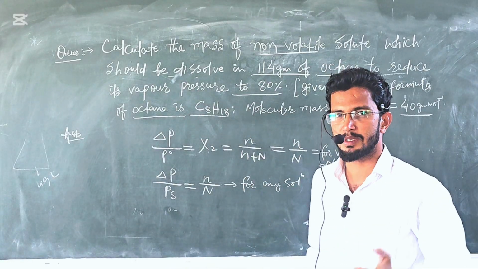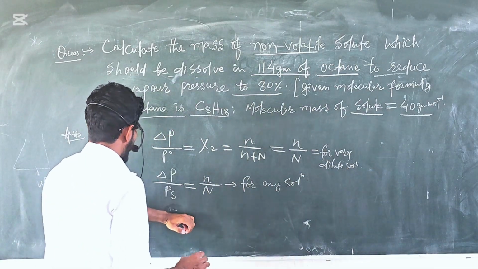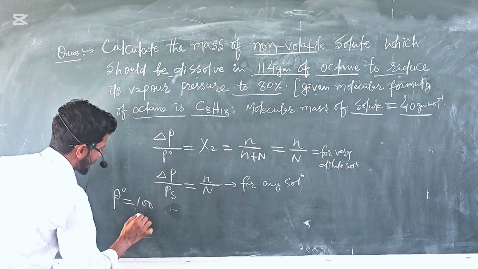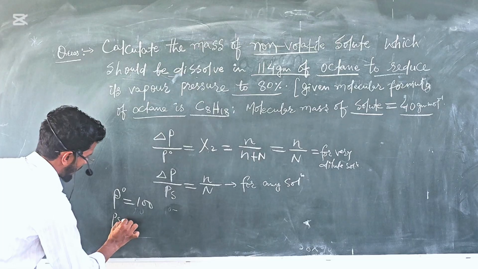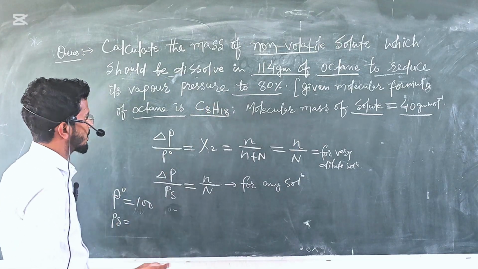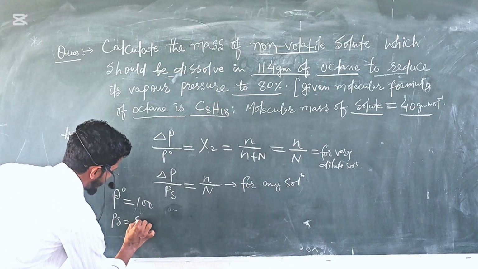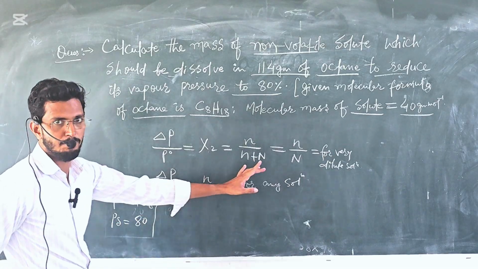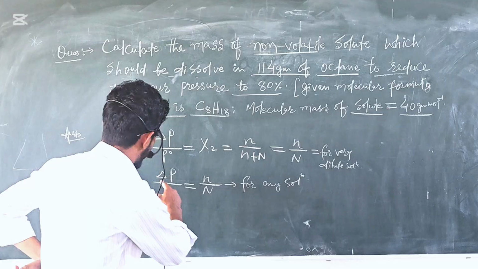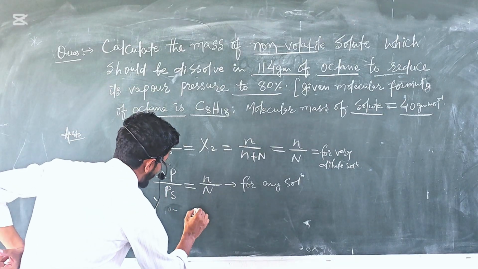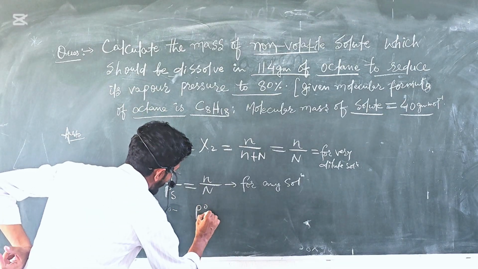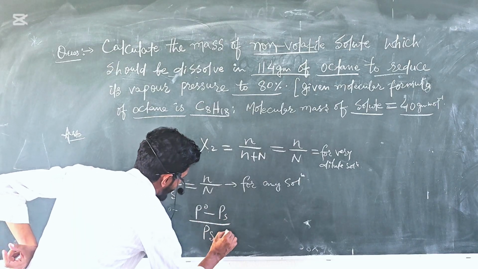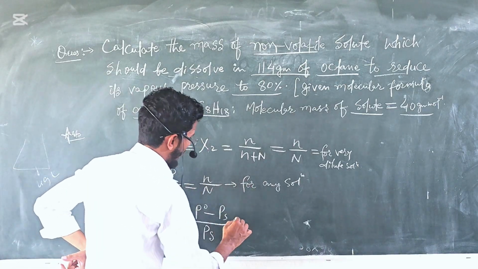If percentages are given, then the initial pressure, that is P naught, is equal to 100%, and Ps, given after adding the non-volatile solute, its pressure reduced to 80%, that is Ps is equal to 80. Now by putting this in the formula, we calculate simply the mass of solute. Simply put the value and get the answer, that is delta P is equal to P naught minus Ps upon Ps is equal to n of solute